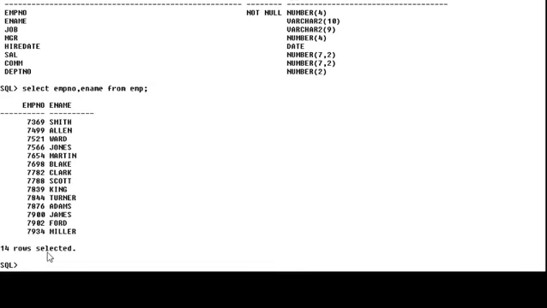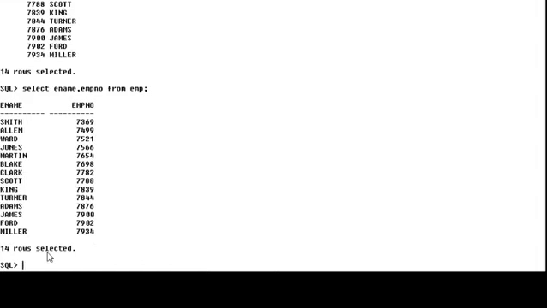It displays the 2 columns. All the data is stored in the EMP table, but we required only 2 columns. So we can use select with the 2 particular column names from the EMP table. Similarly, we can use any sequence: select ENAME comma EMPNO from EMP.